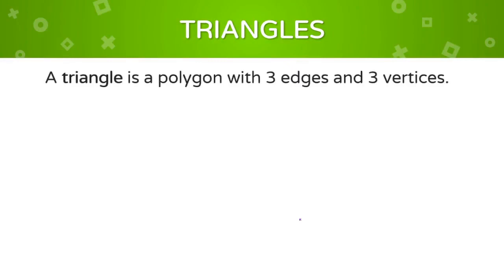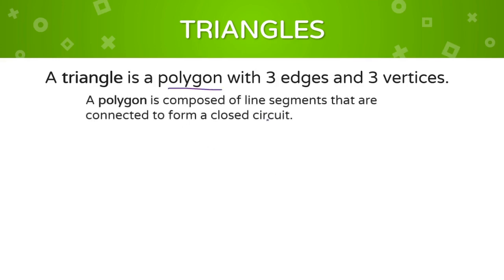Let's proceed now to our main topic, which is triangles. What is a triangle? A triangle is a polygon with 3 edges and 3 vertices. Pero i-clear muna natin kung ano ba yung polygon. So, a polygon is composed of line segments that are connected to form a closed circuit. So, look at this one. This is a line segment. Okay? Kapag dalawa na sila, we have 2 line segments. We call this